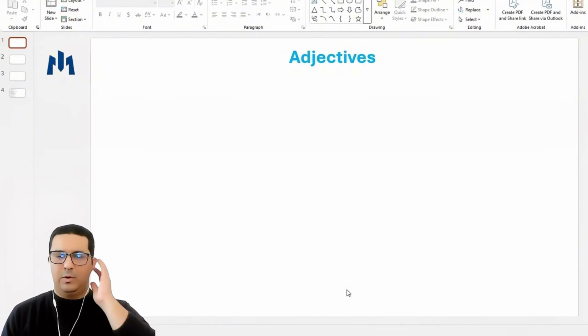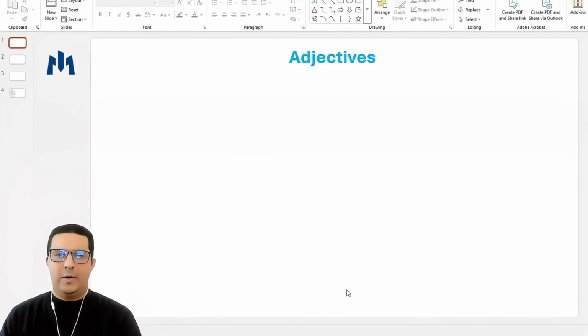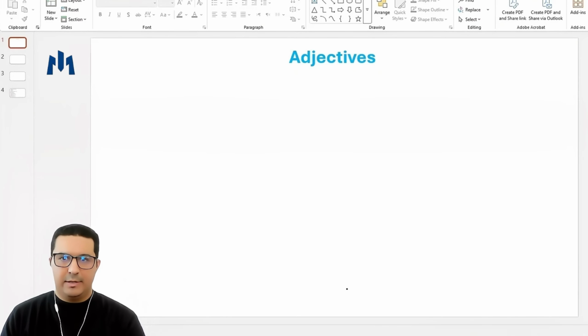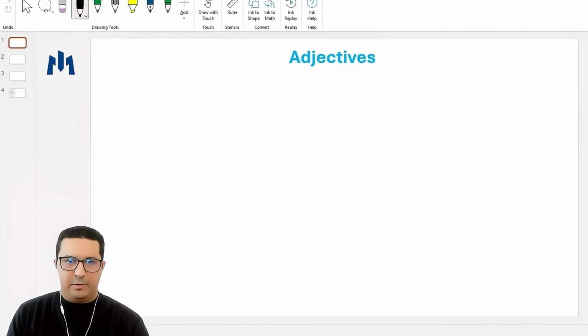First of all, let's explain what an adjective is. An adjective describes a noun, or it's better to say adjectives describe nouns. Okay, and we can use adjectives in some different situations. But first, I'm going to explain what the categories are and how many categories we have. Look at this part. We have different types. For example, we have